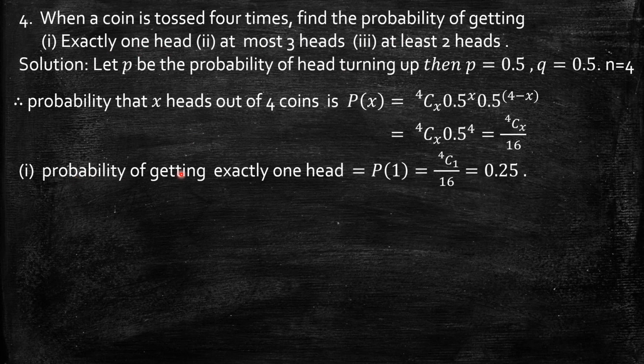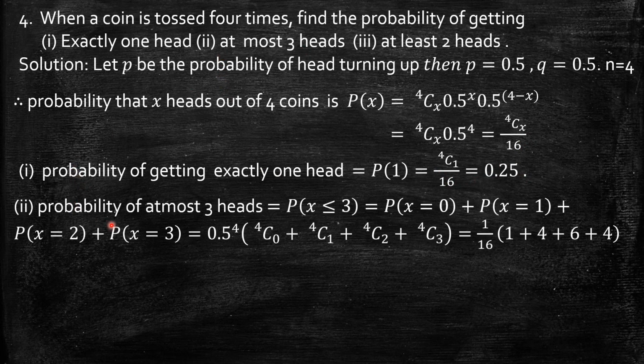First one, the probability of getting exactly one head, that means P of 1. So substitute x equal to 1 here, 4C1 by 16, 4 by 16, 0.25. Now the second problem, at most 3 heads, that means the maximum is 3 heads. The probability of at most 3 heads means P of x less than or equal to 3. So we have to add all the probabilities till 3, that is probability of x equal to 0, x equal to 1, x equal to 2, x equal to 3. So I have here 4Cx by 16 is the P of x. Substitute x here. 1 by 16 is constant throughout. So 4C0 plus 4C1 plus 4C2 plus 4C3, which gives the answer